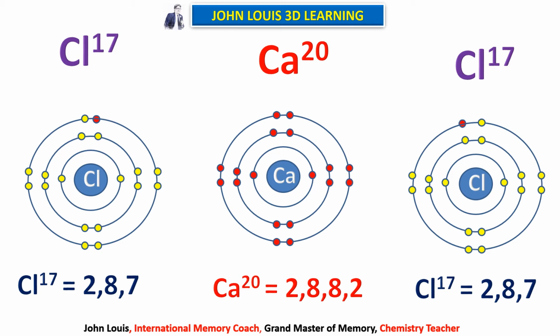Now you can understand why the formula of sodium chloride is NaCl, and why the formula of calcium chloride is CaCl2. Because calcium is donating 2 electrons, and sodium can donate only 1 electron. Therefore, in order to accept 2 electrons, 2 chlorines are required. Sodium donates only 1 electron, therefore 1 chlorine is enough to accept that 1 electron.